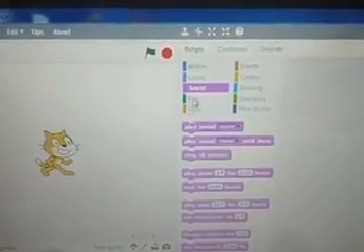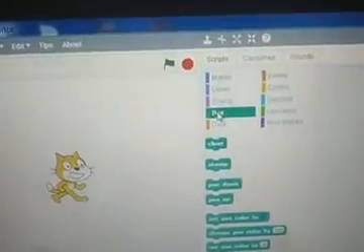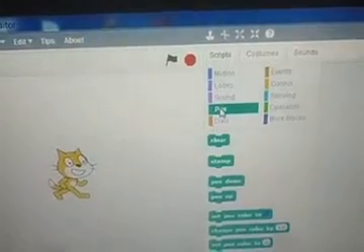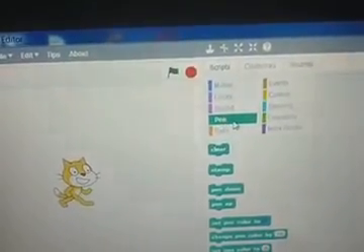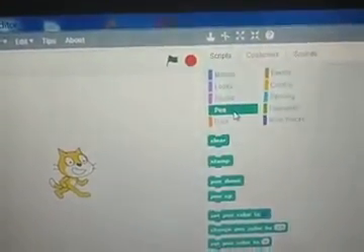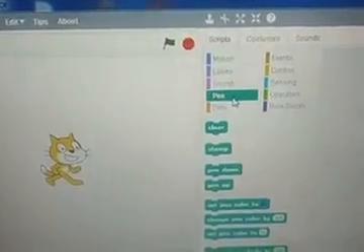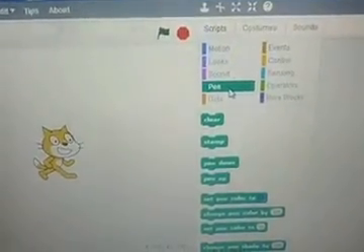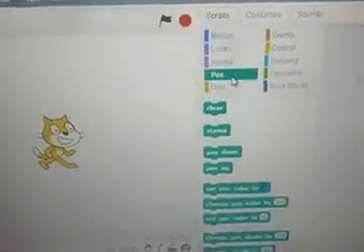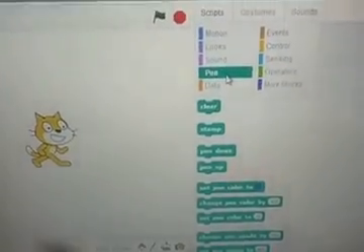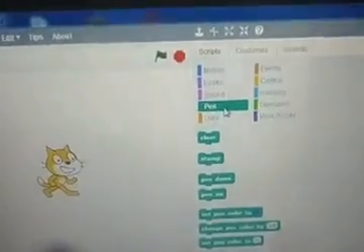The next option is pen. In the script category we see pen, but if you have noticed, motion, looks, sound, and the fourth one, pen, each has a different color and performs different actions.